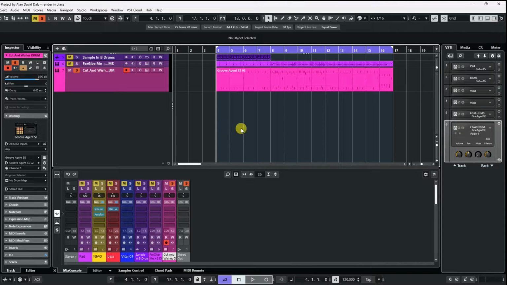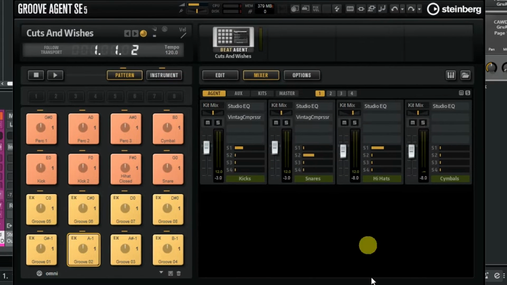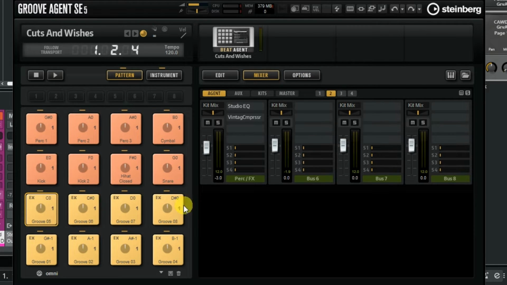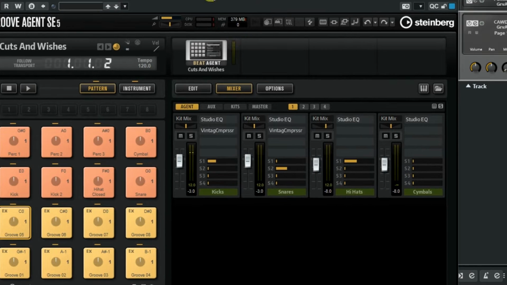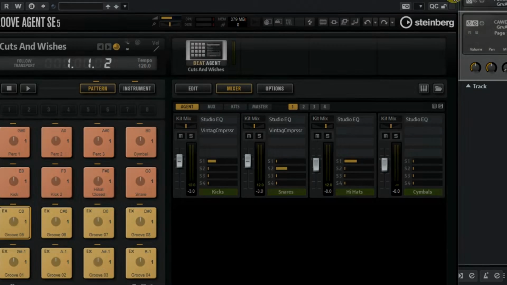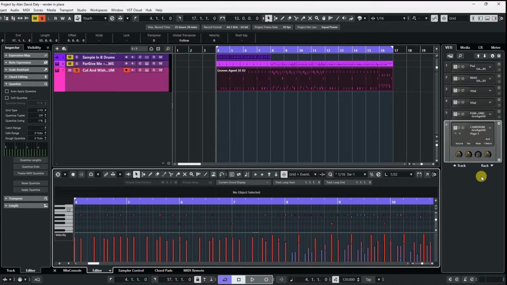In Cubase, if we open up here, I just have a drum kit here. As you can see, I have a kick, a snare, hi-hats, cymbals, and also if I go on to the next page, I don't think I have anything else. No, so just four on this page. In Cubase, this is the drum part we have. And if I show you here on